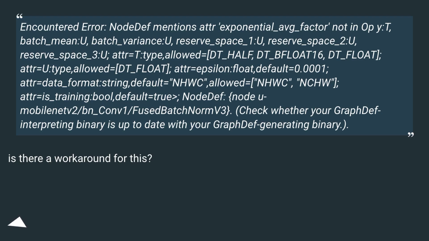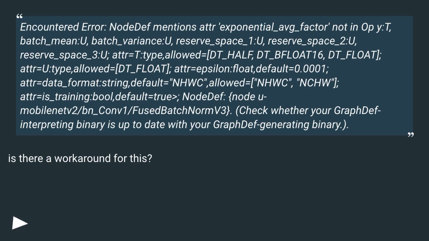<y:T, batch_mean:U, batch_variance:U, reserve_space_1:U, reserve_space_2:U, reserve_space_3:U; attr=T:type,allowed=[DT_HALF, DT_FLOAT16, DT_FLOAT]; attr=U:type,allowed=[DT_FLOAT]; attr=epsilon:float,default=0.0001; attr=data_format:string,default="NHWC",allowed=["NHWC", "NCHW"]; attr=is_training:bool,default=true>; NodeDef: node